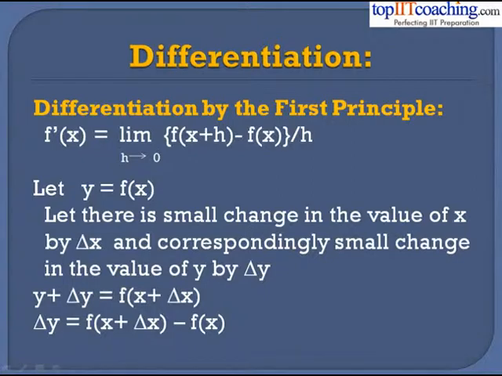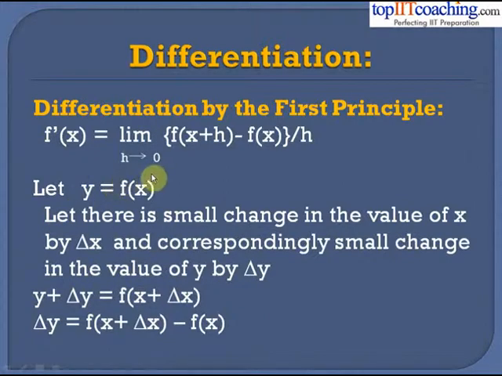So first of all, what do we mean by differentiation? Differentiation is the process of finding the derivative of any function at any point. But what is a derivative? Derivative is the rate of change of one quantity with respect to the other quantity. One quantity is the independent quantity and the other is the dependent quantity. So we can say that derivative is the rate of change of the dependent quantity with respect to the change in the independent quantity. And this very process of finding the derivative is called differentiation.